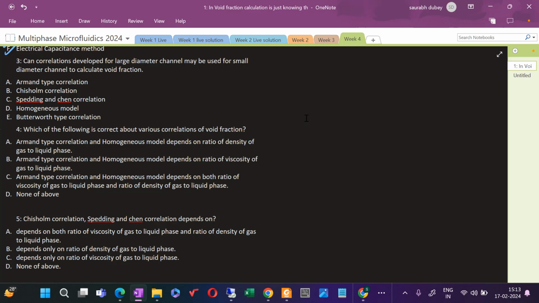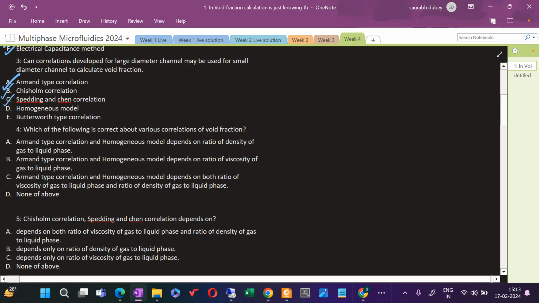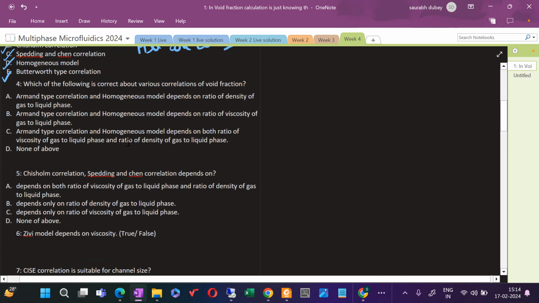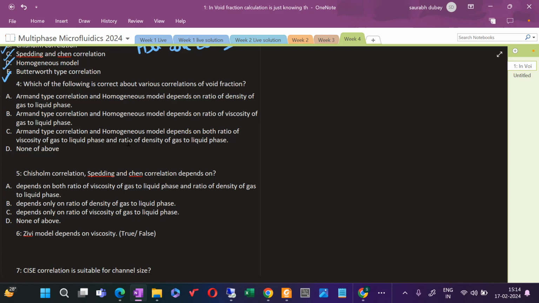So that's why this discussion came up, like the various correlations that are there, like the Armand type correlation, the homogeneous model, the Chisholm correlation, and then the Smith and Chen correlation, all were there. These were multiple choice questions. Which of the following is correct about the various correlations of void fraction? Armand type correlation and the homogeneous model depend on the ratio of the density of the gas to that of the liquid phase. If you want me to show in the slides,